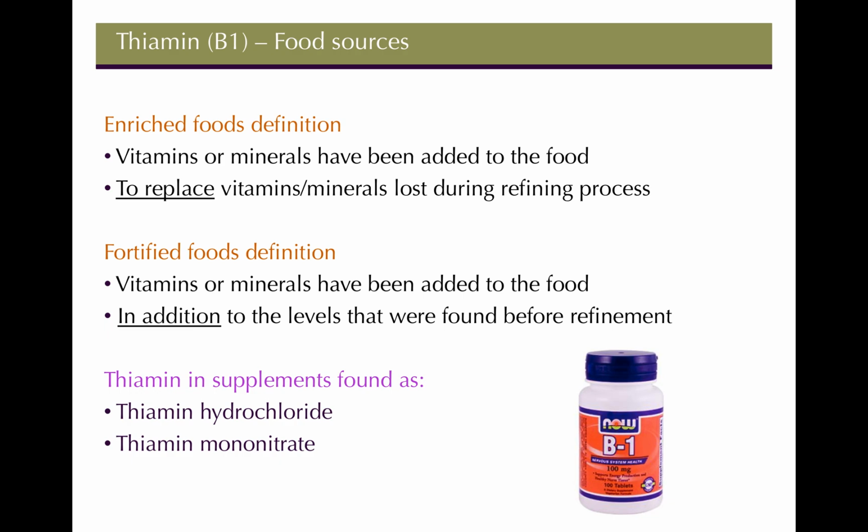You lose a lot of the vitamins during that process. So they're just adding it back to the level that was already in the food. Whereas fortifying is when you're basically adding vitamins or minerals to the food in addition to the levels that were